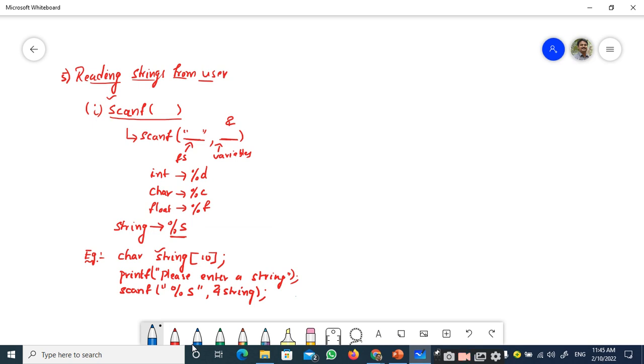And one important point you can understand here is, for reading the strings, you can skip the address of operator. Whether you specify it or not, everything will work perfectly. So, instead of giving this ampersand string, you can directly give the name of the array by skipping this ampersand symbol. This is only possible with respect to strings, but for reading the integer, character, float, everything should make use of the ampersand symbol